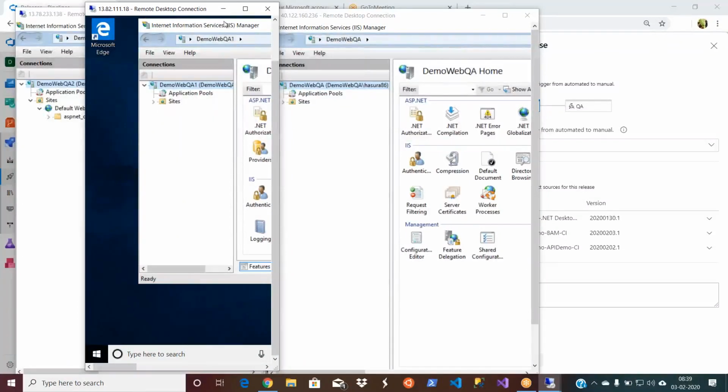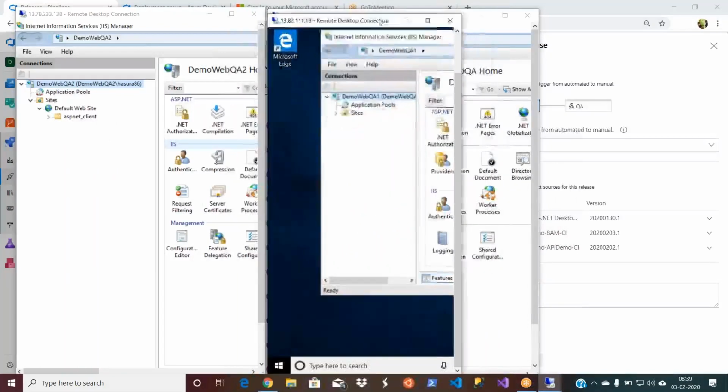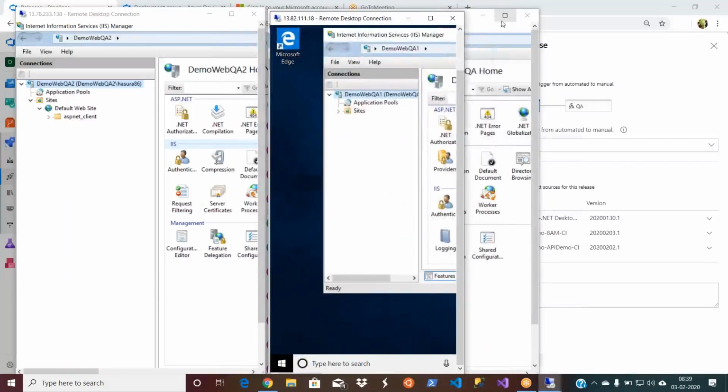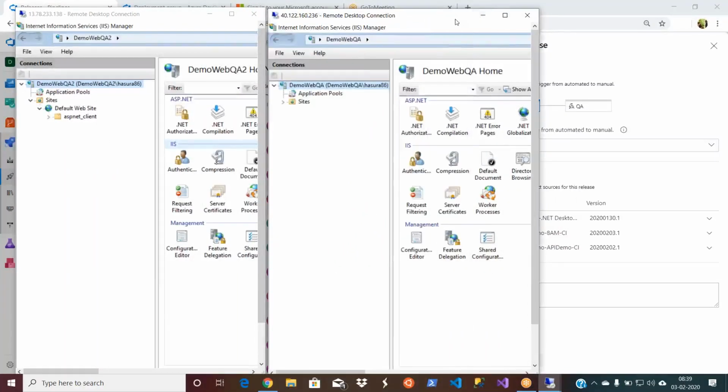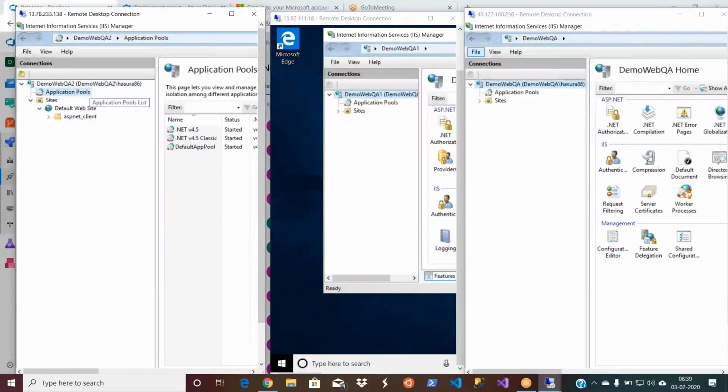The QA2 today I created, right? So the QA2 will contain, let me drag it properly. The QA2 will be for the web server 2, and the QA1 will be for your API. And the QA is our existing server.